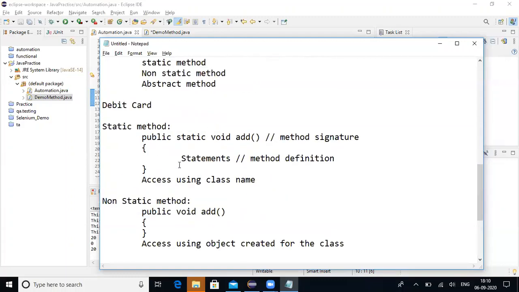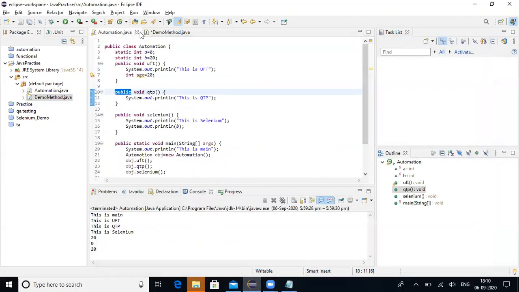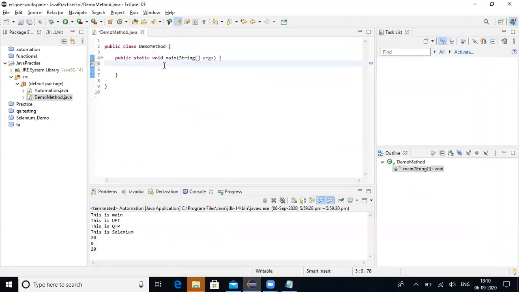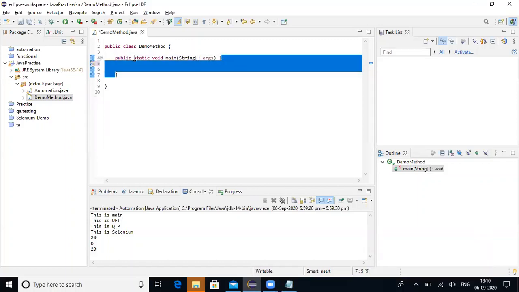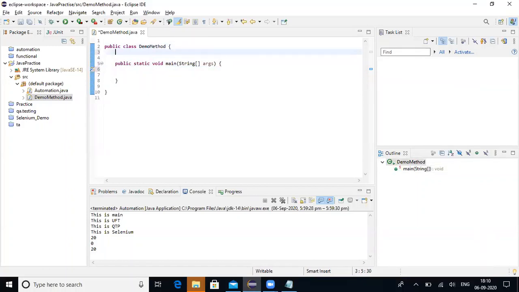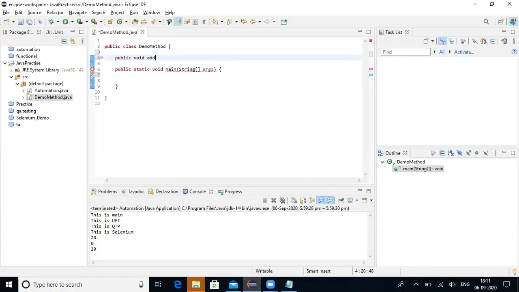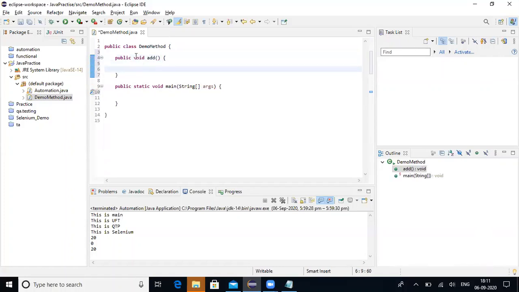Now we'll see how to implement the static and non-static method inside a class. So this is the class I have created. I told you this is the main method. The main method is always static. For demo purposes, I'm going to create one non-static method called add, inside which I'm going to add two numbers.